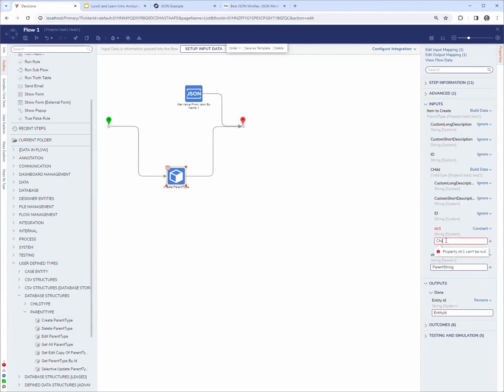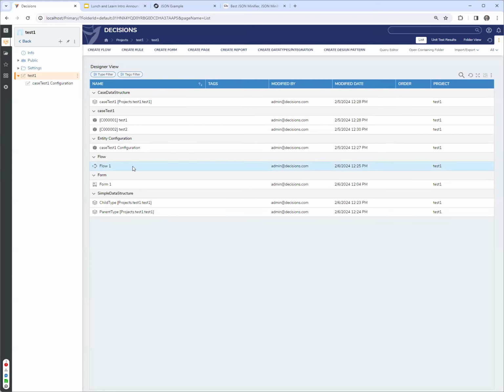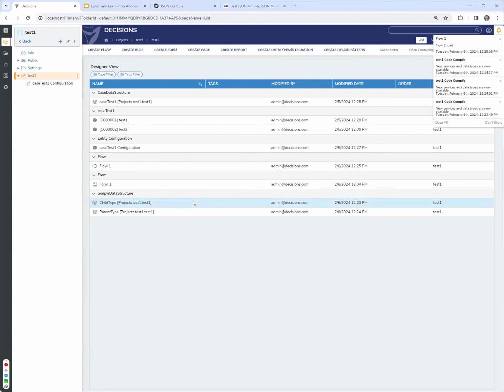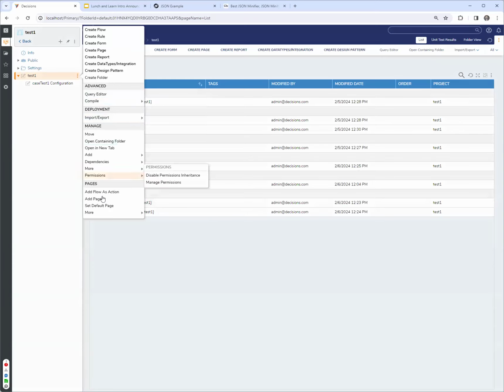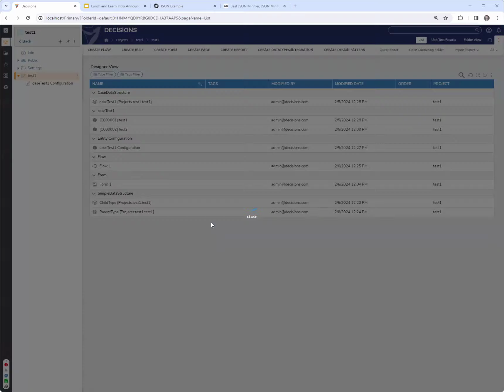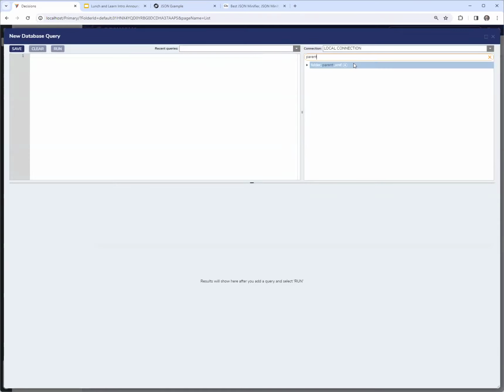Child string. And then let me run that thing. And then what I'm going to do is go to the query editor here. Yours is going to be under other, but we have a query editor you can right click and get to from the designer folders. Now here, if I search for parent,